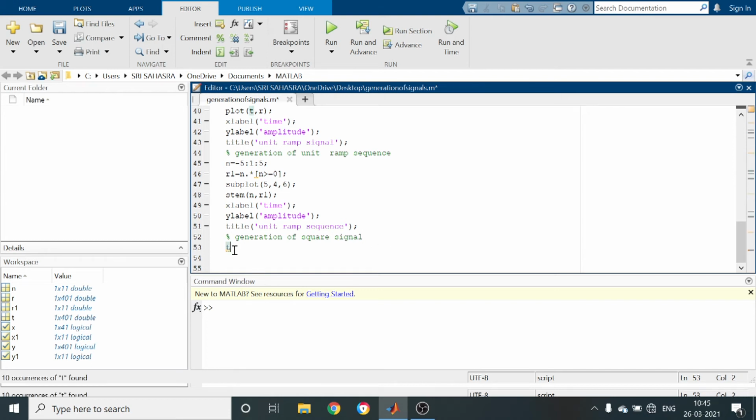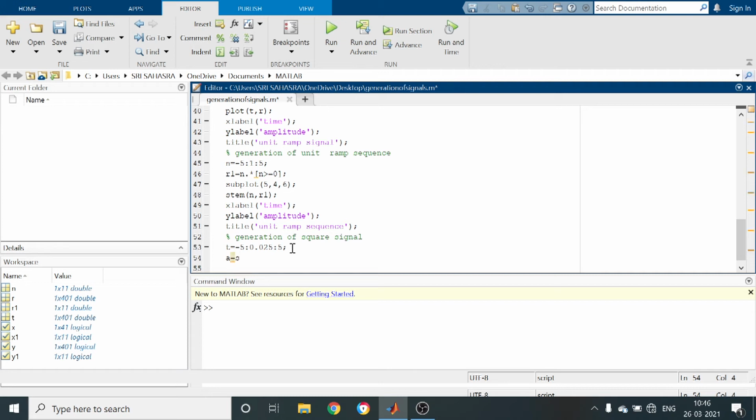So I am defining T equal to -5 to 5 with 0.25 variation. Next I am defining A equal to square.